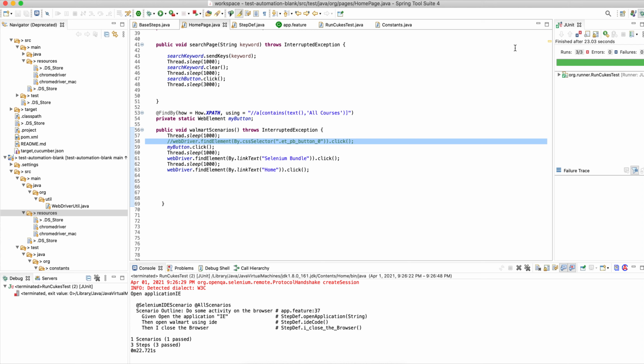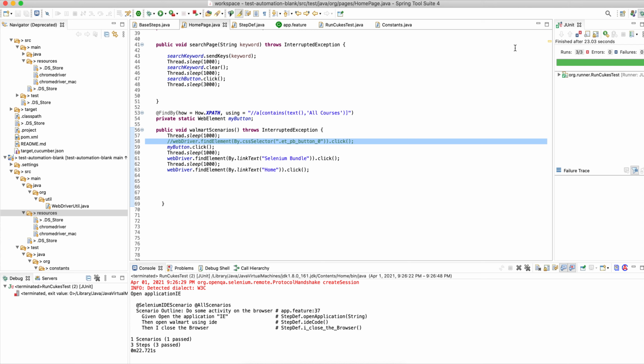See, we're running this Selenium to find out the bugs, right? If your Selenium script is failing, what does it mean? There is some bug over there. Your Selenium script should not fail. If it fails, that means your Selenium script is running, but your application is not running. There's a bug in the application. That's it.